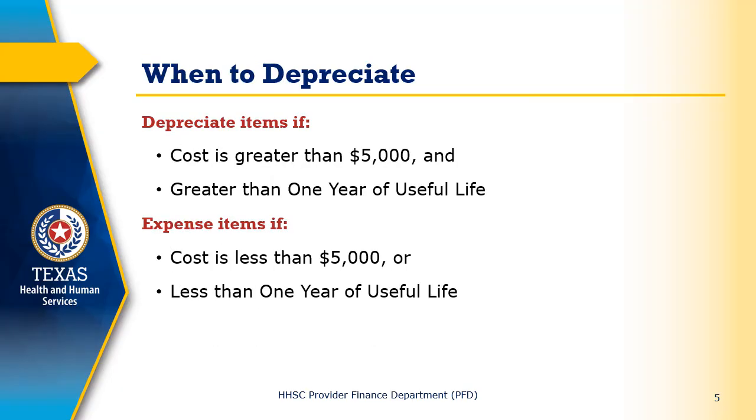It is appropriate to use depreciation when items cost $5,000 or more and have a useful life exceeding 1 year. These are typically subject to depreciation, which allows businesses to spread the cost over several years. This accounting method recognizes the gradual decline in value of a long-lasting asset as it is used in operations. Conversely, items that are priced below $5,000 or have a lifespan of 1 year or less are recorded as an